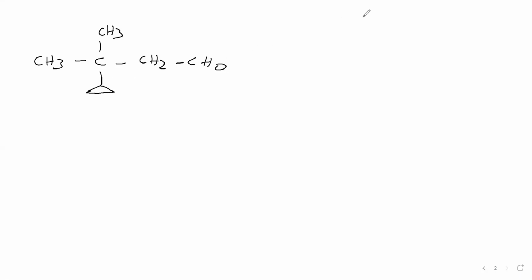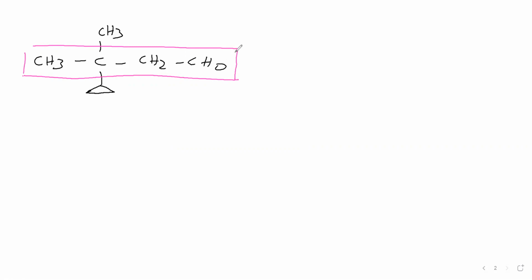For this compound, which is the parent, that we will select. The parent we will take like this, because it contains the main functional group aldehyde, then 4 carbon atoms and 2 branches for this parent. If you take the other as a parent, then there is only 1 branch. So the parent we have selected.